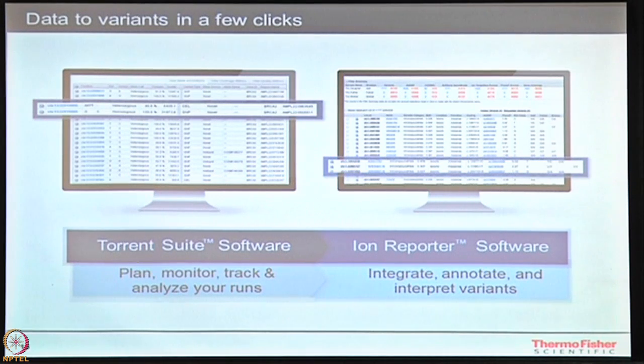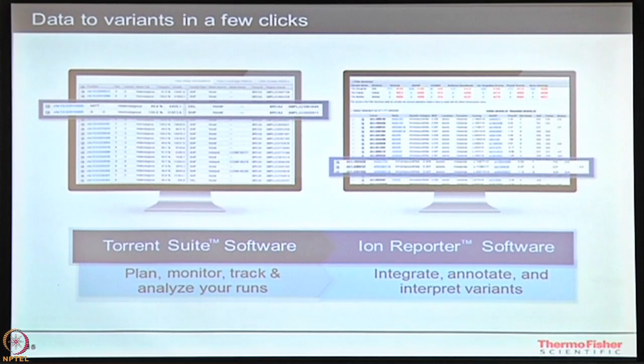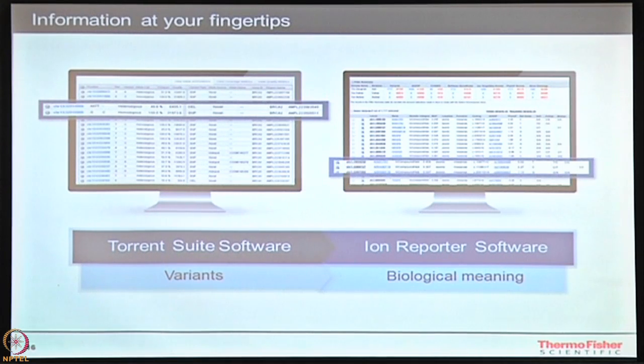So you'll have more information to read about, where you'll understand whether your variants are really important or not, whether you want to keep it, whether you want to utilize it, or you want to filter them out. Okay. So this tool comes in lots of help over here. The same thing that I was talking about: you have got variants from Torrent Suite software, from Torrent Variant Caller, and then you are bringing it to a biological meaning where you can understand what the variant does in your samples.